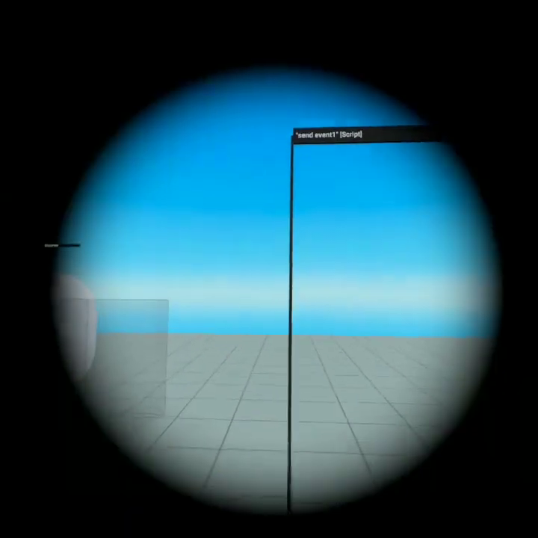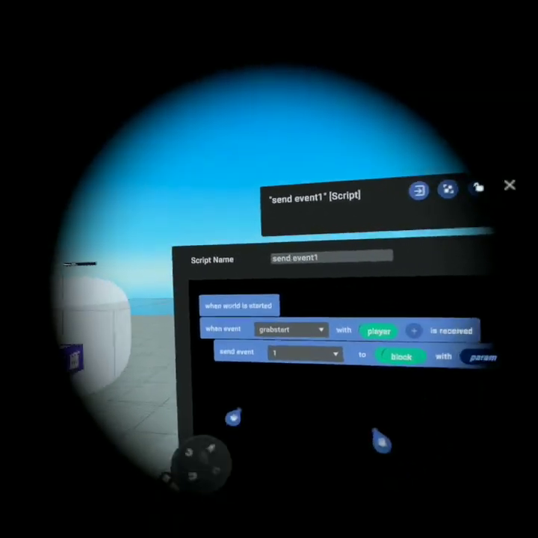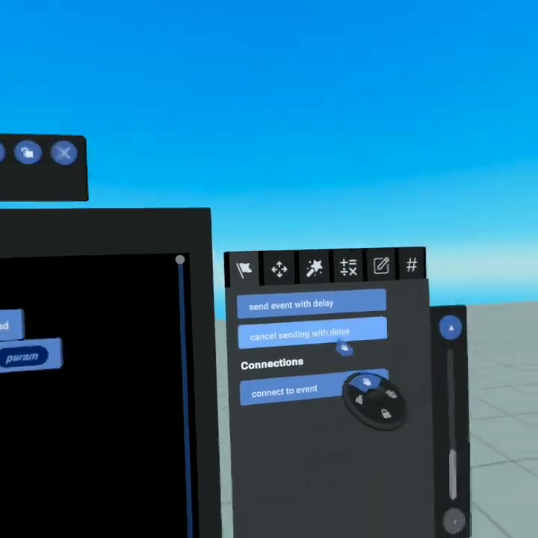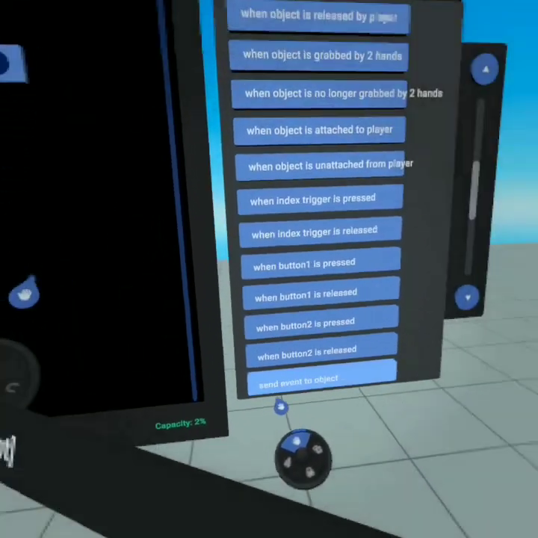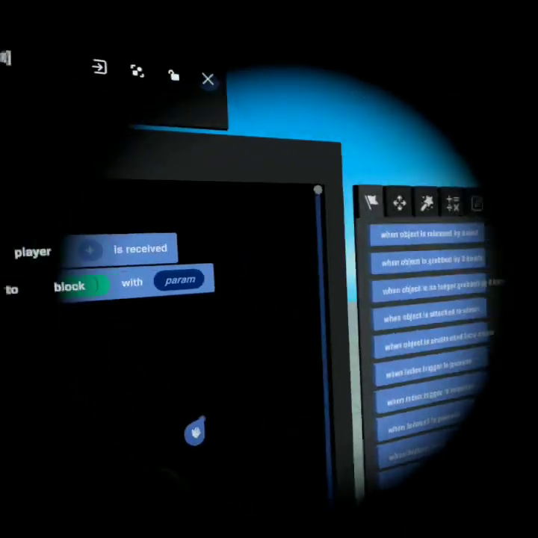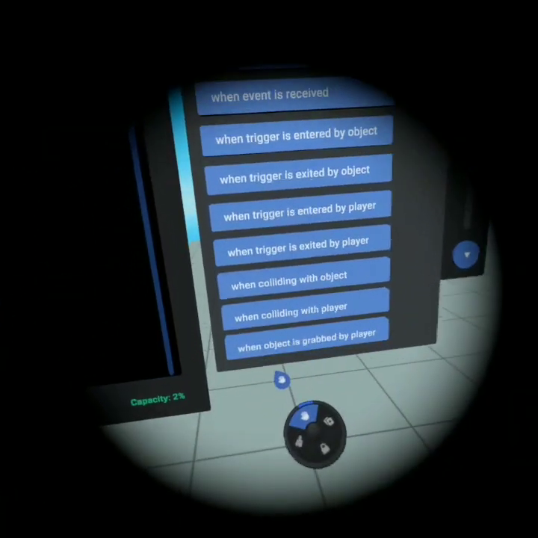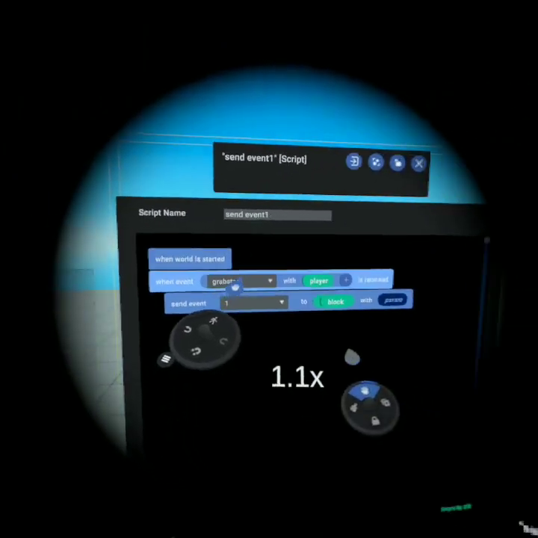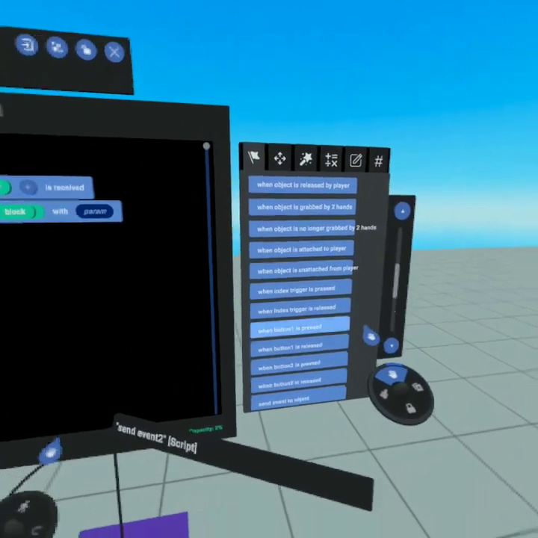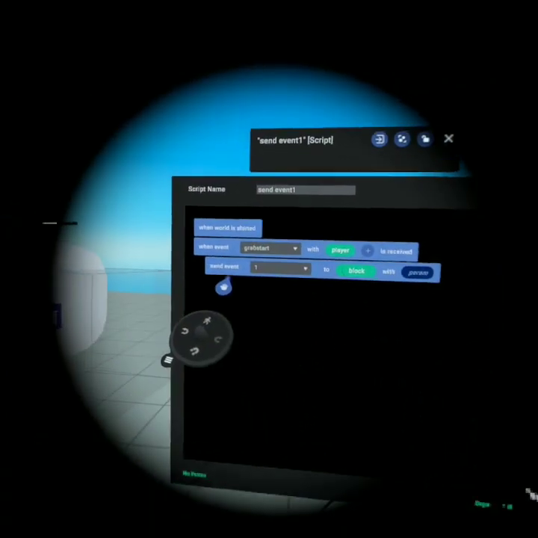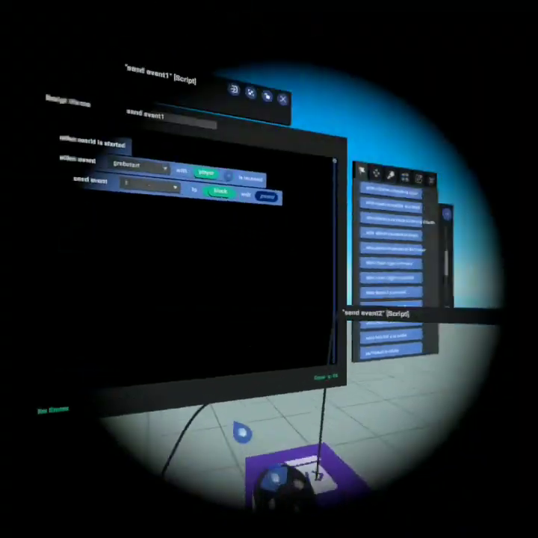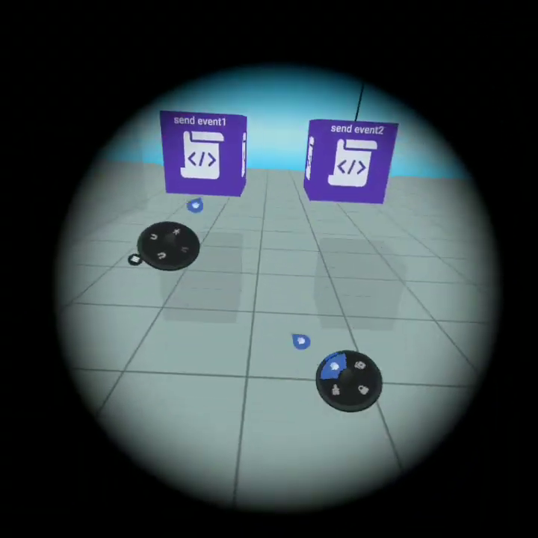And then events, this is going to be where, here we are. So send event to object. So what I have is when grabbed. So this is when the object is grabbed by a player, is right here. Send event. And so that's where we get the send event to object. Send event 1 to block. And so block, if you look,